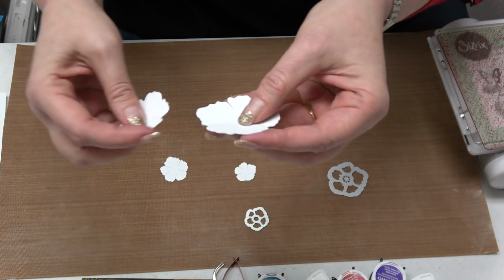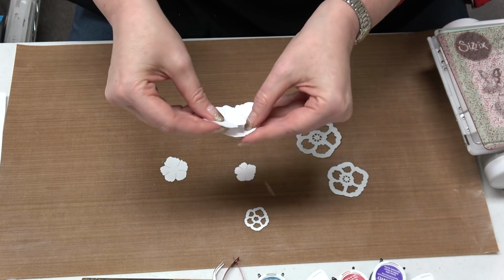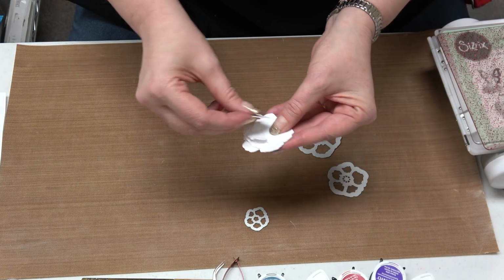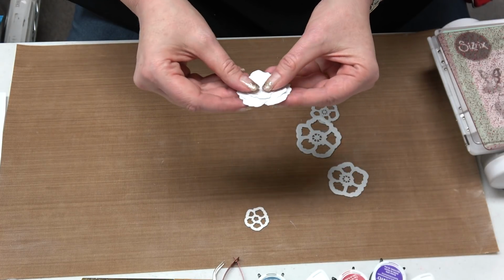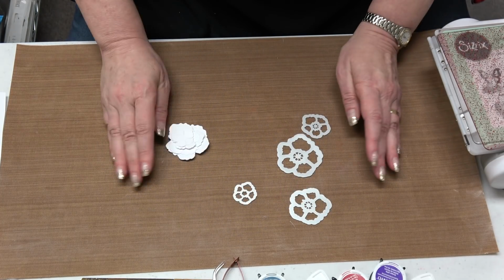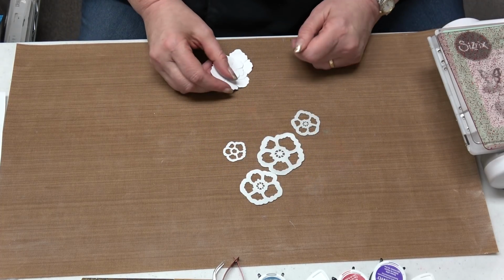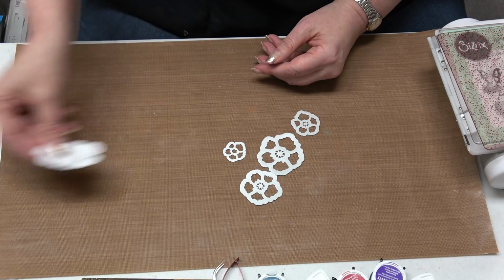Now I could take this flower and I could color it and I could glitter it, and then I could start stacking them on top of each other to make a very dimensional flower. So when it's all done, it's got layers coming up and just beautiful. And that is what these dies do. But I didn't want to use them as dies. I wanted to do something different with them today. So I grabbed